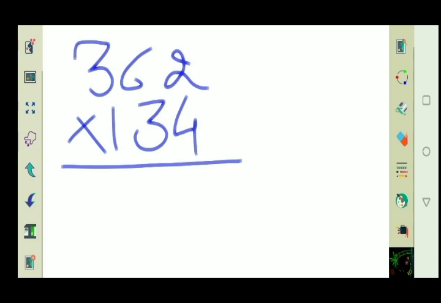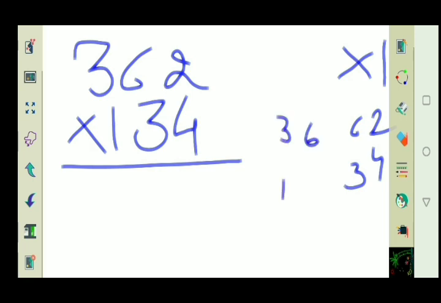When we have 3 digits and we have to multiply in one single step using vertically and crosswise, it's just like we have done for 2 digits. Here we will be doing vertical numbers, then diagonal numbers. See, here are 2 sets of diagonal numbers. One set is 2, 4, 6, 3. Another set will be 3, 1, 6, 3 from the last, and then vertical numbers 3 and 1.